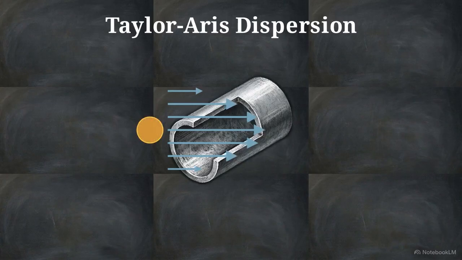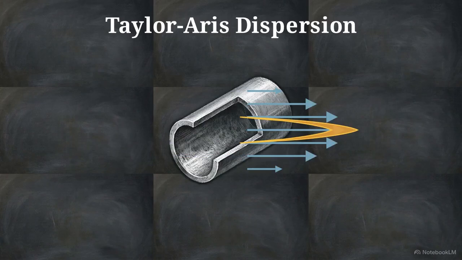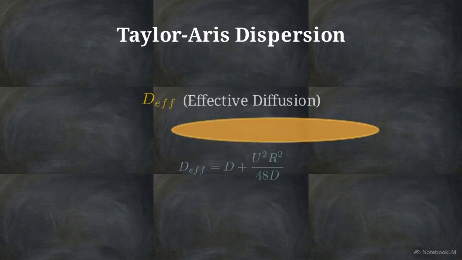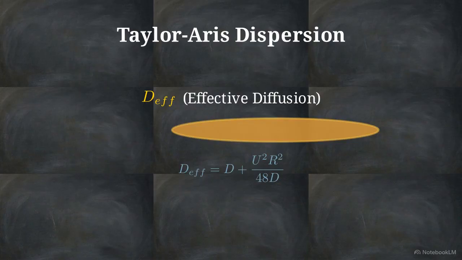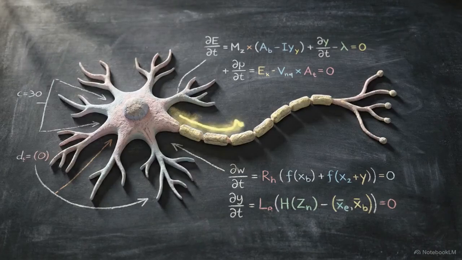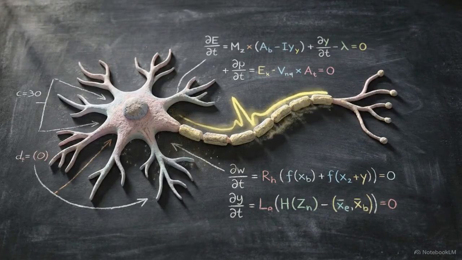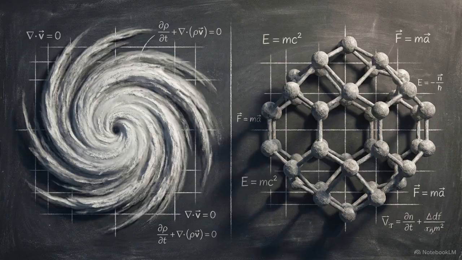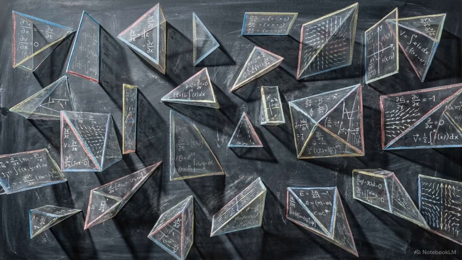Injecting a dye droplet into this flowing water triggers 2 mechanisms. First, faster central fluid velocity violently stretches the droplet into a parabola. Simultaneously, molecular diffusion forces radial mixing. These 3D mechanisms collapse into a 1D model using an enhanced effective diffusion coefficient. We see this same mathematical simplification in biology, where models like FitzHugh-Nagumo distill electrochemical storms in neurons into predictable reaction-diffusion waves. Complex macroscopic reality emerges through the rigorous coupling of simple conservation rules and material behaviors, acting across different spatial scales. At this stage, our differential equations represent an infinite set of possible universes.